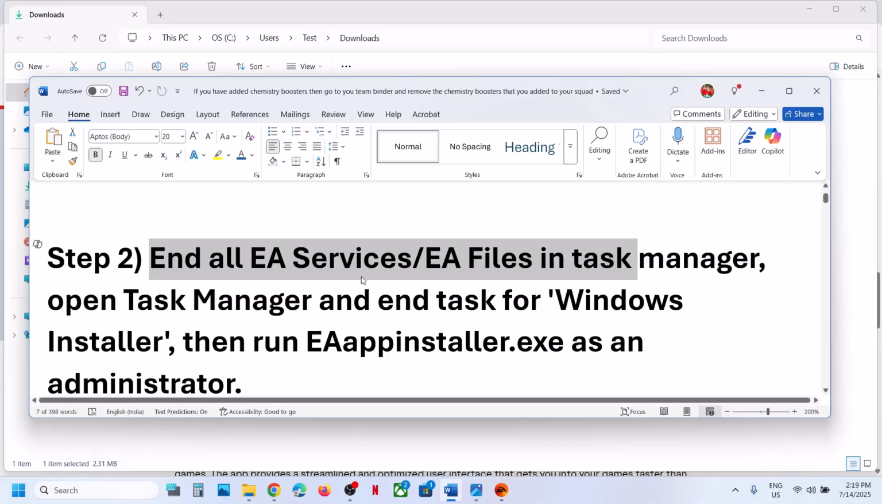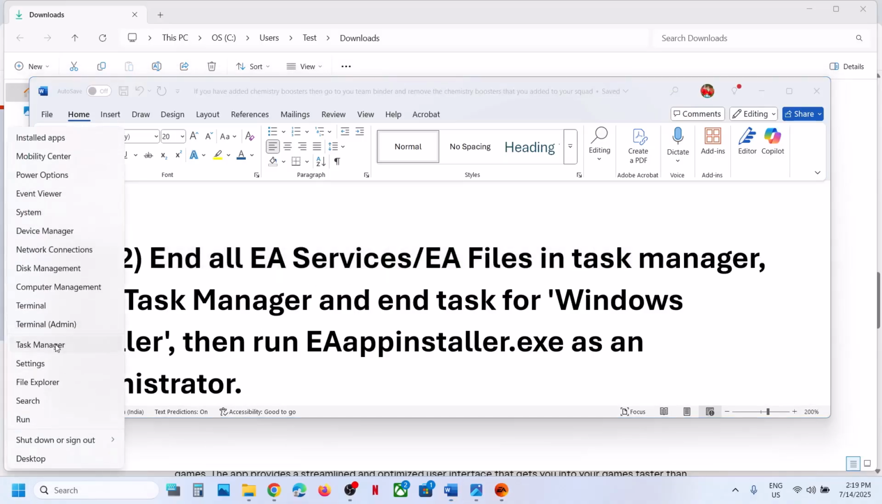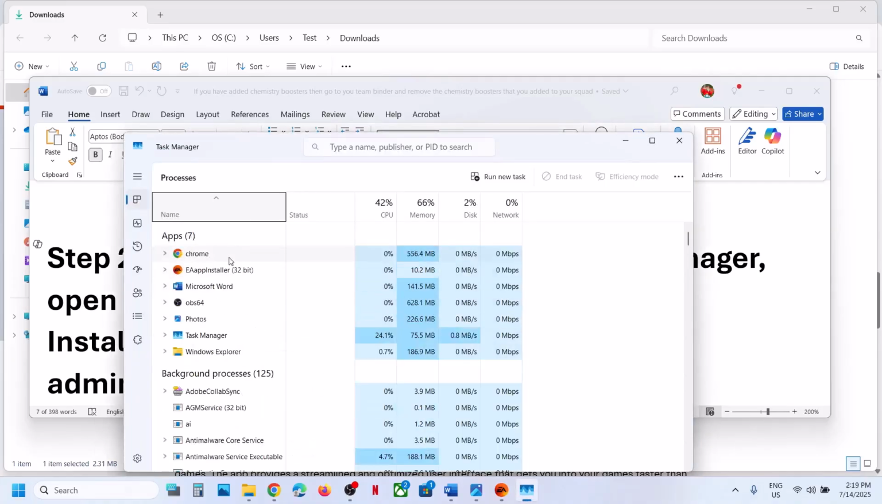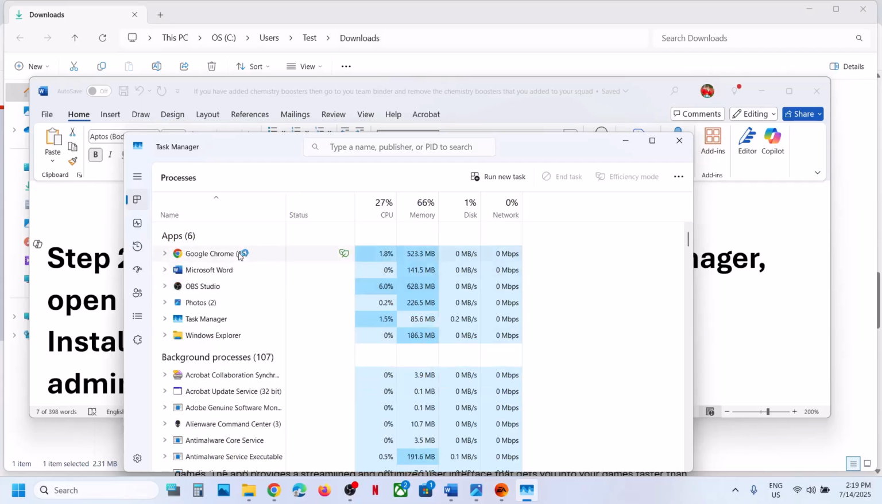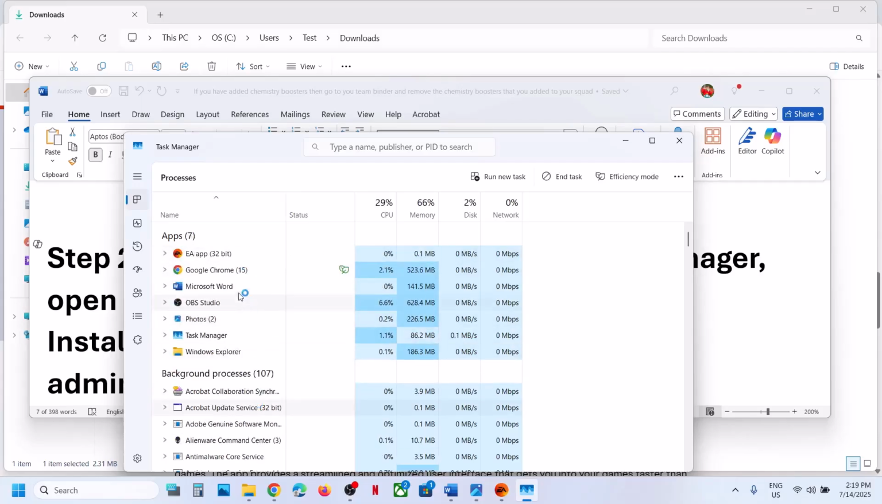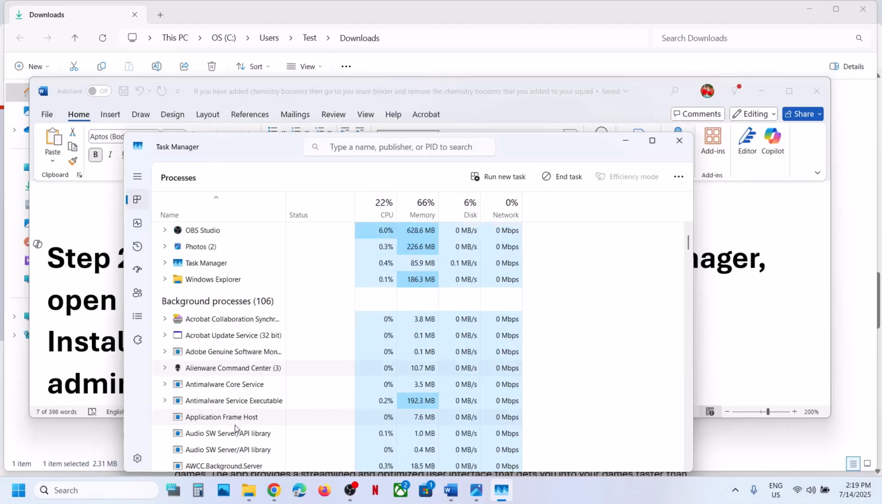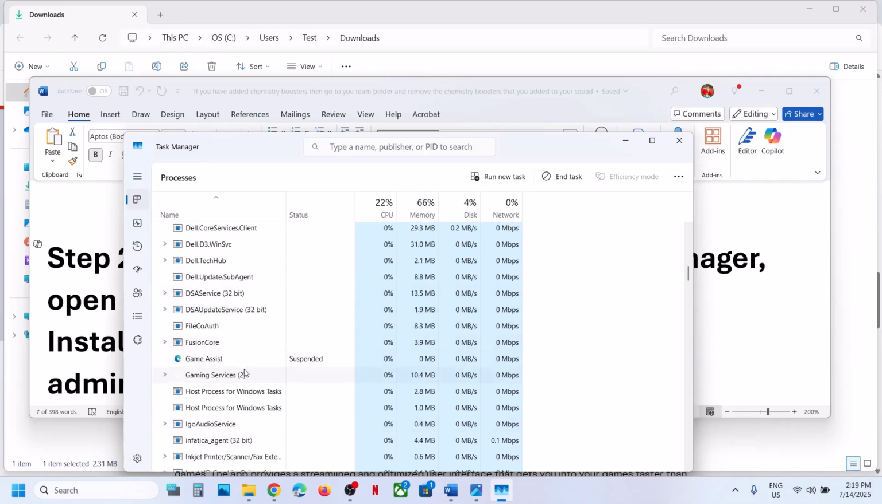So if you see any process or services running in Task Manager, make a right click on the start menu, go to Task Manager, and if you find anything that says EA app or anything, make a right click on end task and find if you have any other. Let me close it. Yeah, if you find any other EA services running,